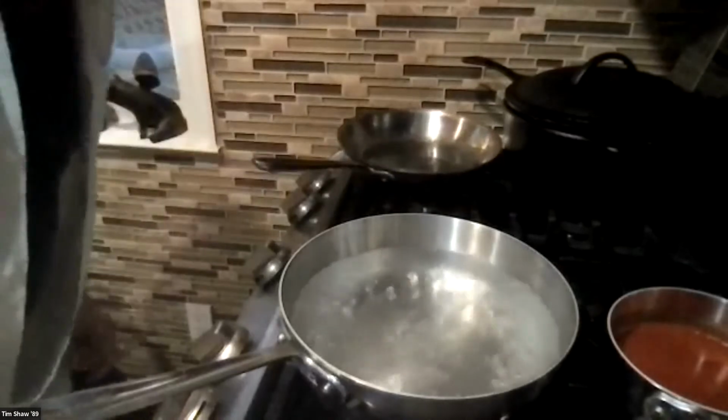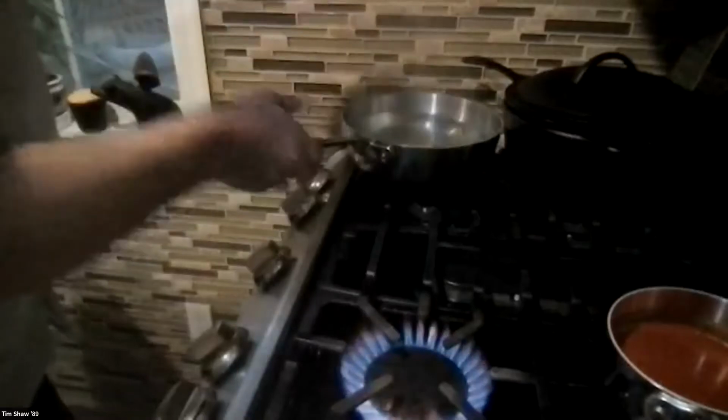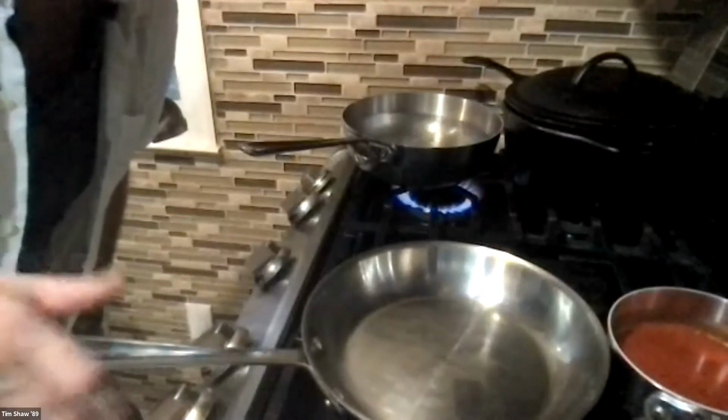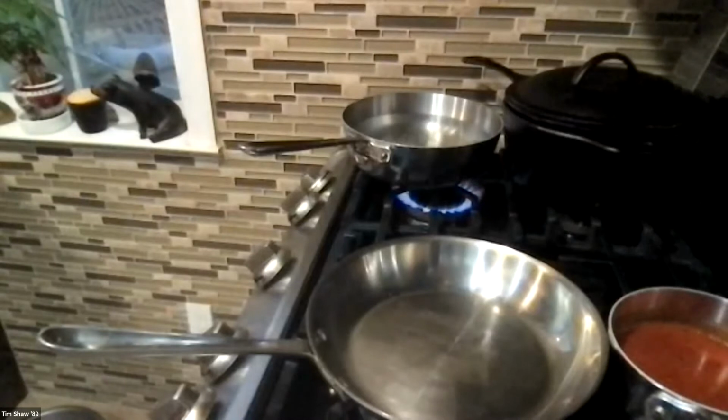So what I'm going to do, can you see both pots there? I don't think you need to actually watch the water boil. I'm going to show you how to make, there we go, our fettuccine sauce. And as I mentioned,